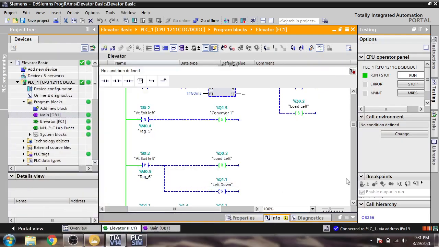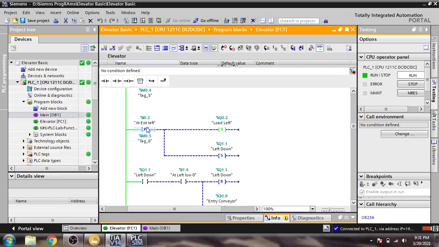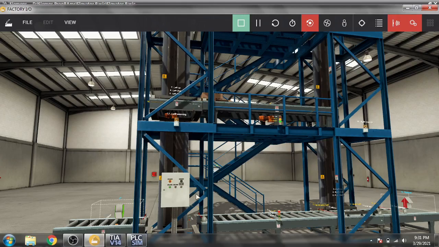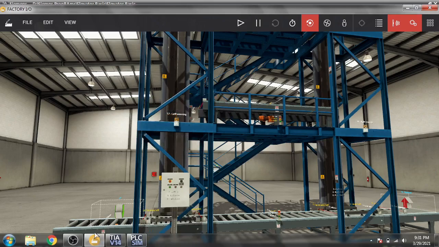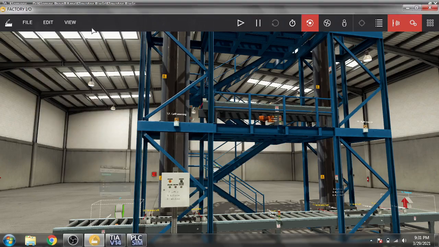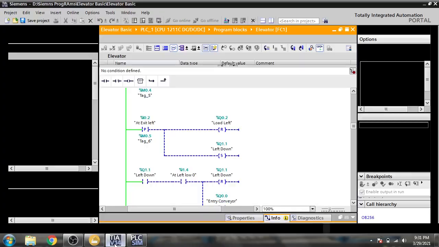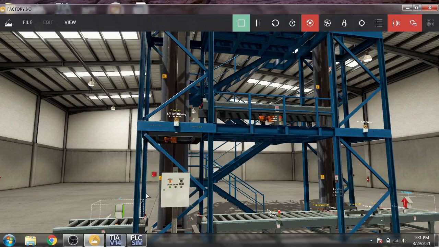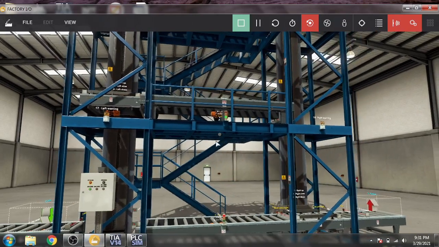Then at exit left, I think we need to restart again to see the working of that. Here is our exit, at exit left. It will set our conveyor 0. You will see our conveyor 0 is on.